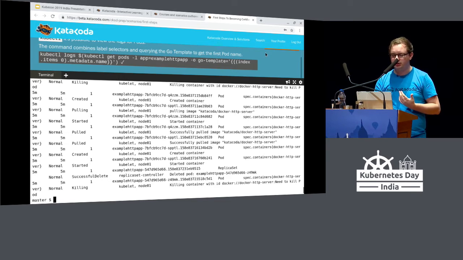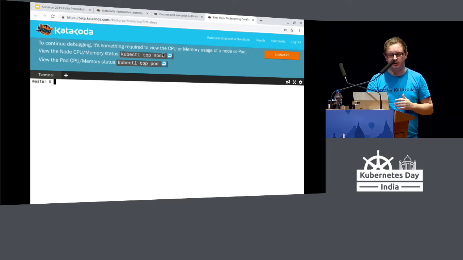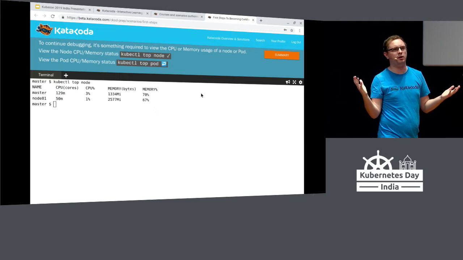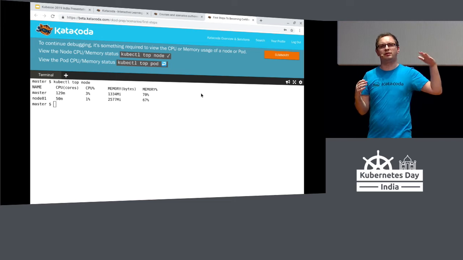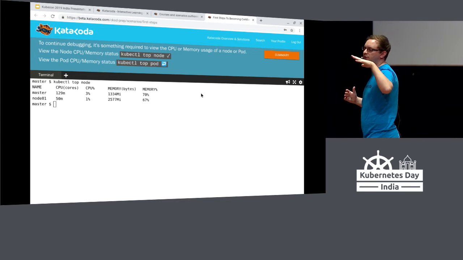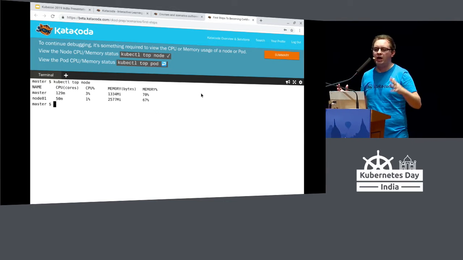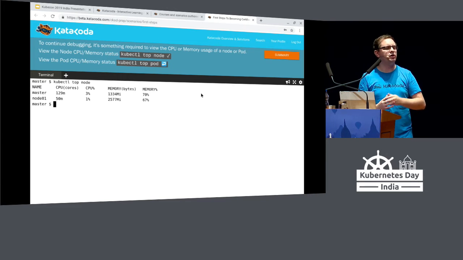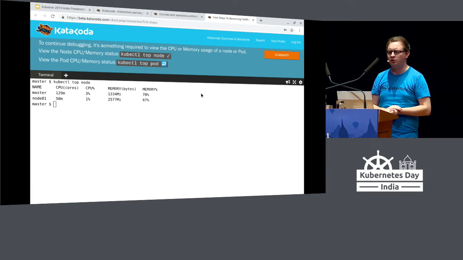It also gives us more information about metrics. So we can find out information about the resources being used. So we can say kubectl, get me the top. So top aligning with Linux top and htop, get me the top nodes. And this will give you all of the stats about the processes and the resources that have been allocated to each node within our cluster. In this case, everything's lightweight. We've only got a small amount of CPU being used. But if problems started to occur, we could imagine that that CPU would spike to 100%. And it's useful to know which node is actually causing that problem.